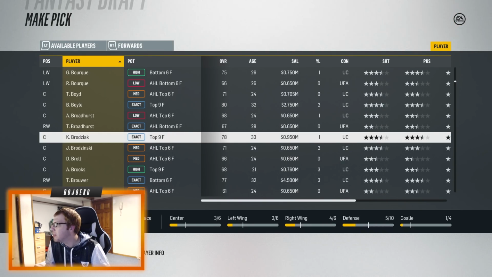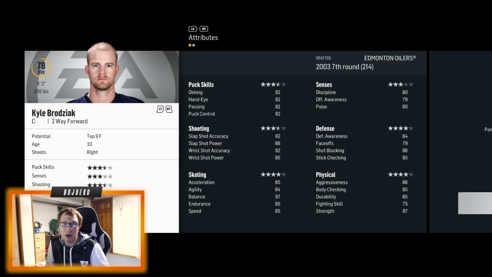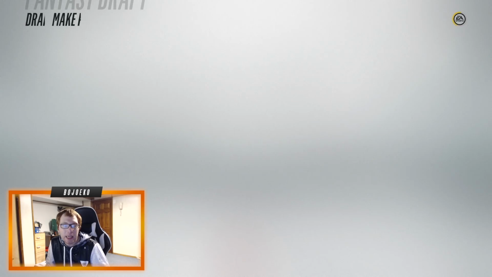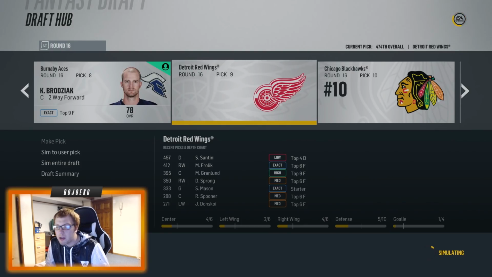Hopefully I get somebody a little bit older, but I'm going to take Kyle Brodziak here. I know he's a fantastic defensive player in this game, so I'll take him as well. And we're getting closer to completing our offense. All right, guys, next pick,